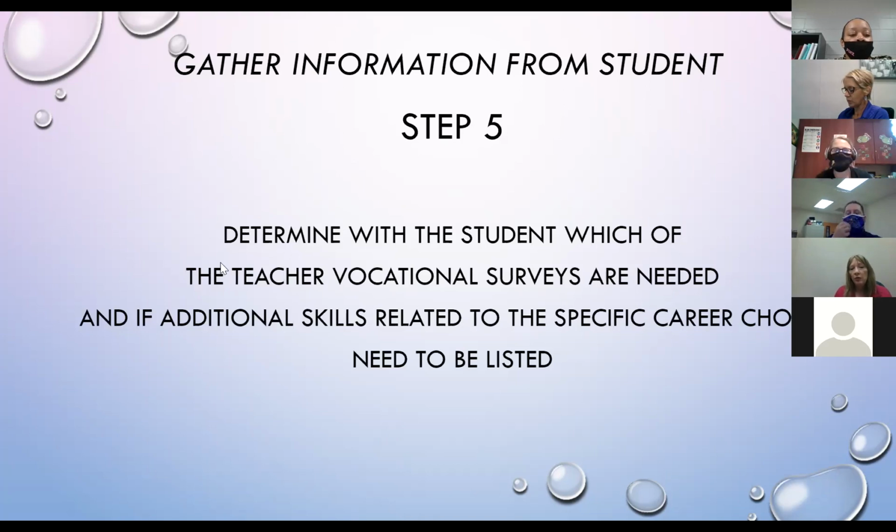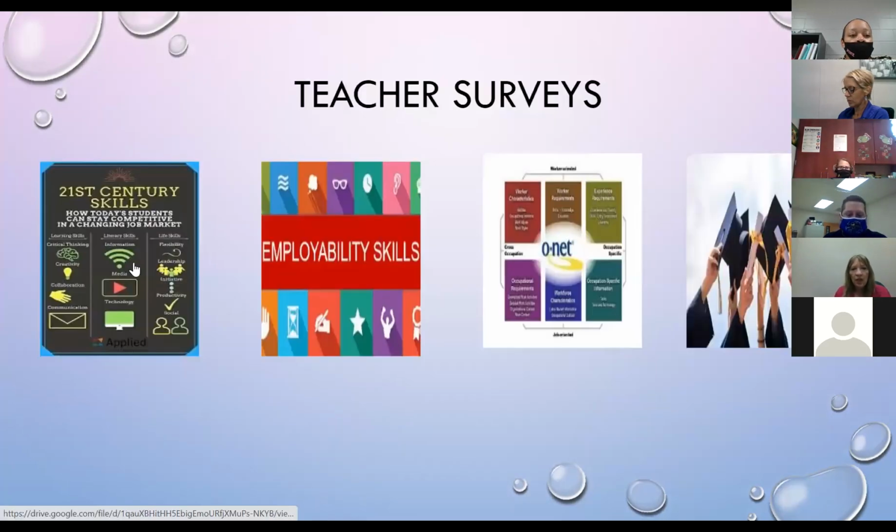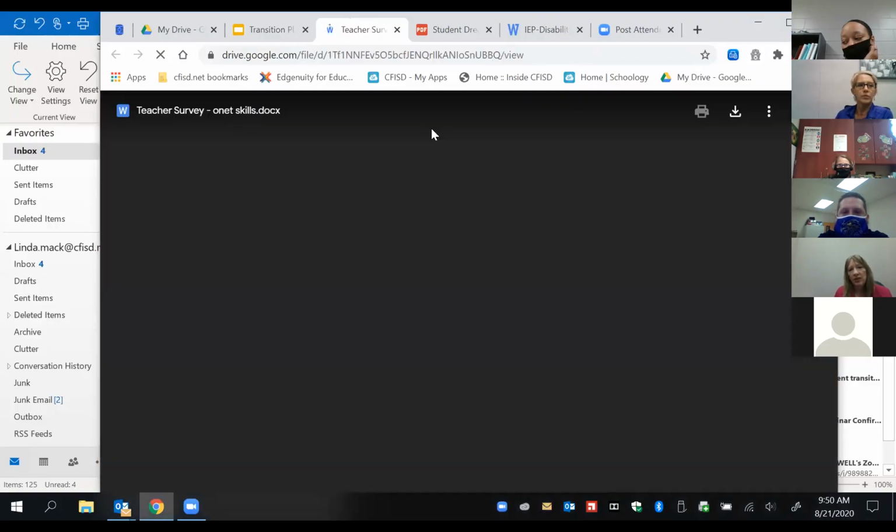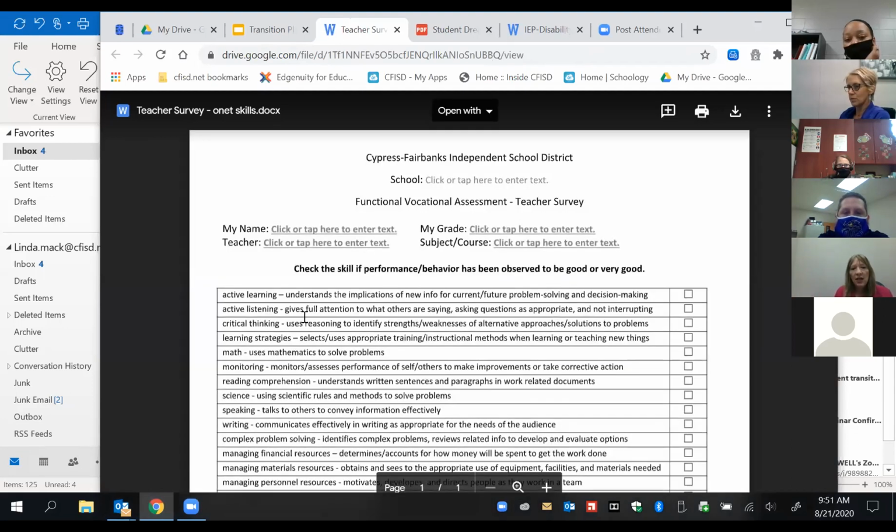Okay, so those have been revamped. More of them have been created, and so here are just some of them. It's a matter of which one the student wants to do, but also a matter of where they are in their transition planning and what they already know about what they want to do. So if they really don't know what they want to do, they have no clue, and they don't even know what their skills are like, you can do the ONET survey, and I'm going to open that one up. And that one you would send out to teachers if they're in their classes and things like that, where it is all the skills that are listed on that